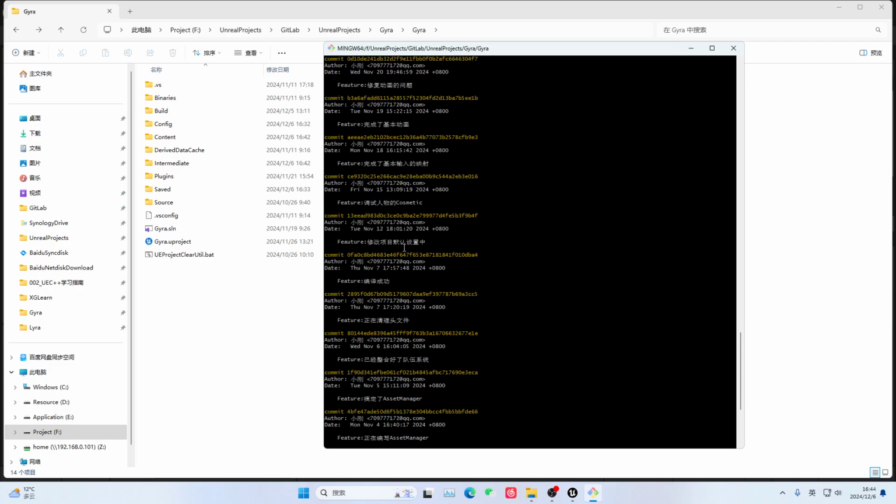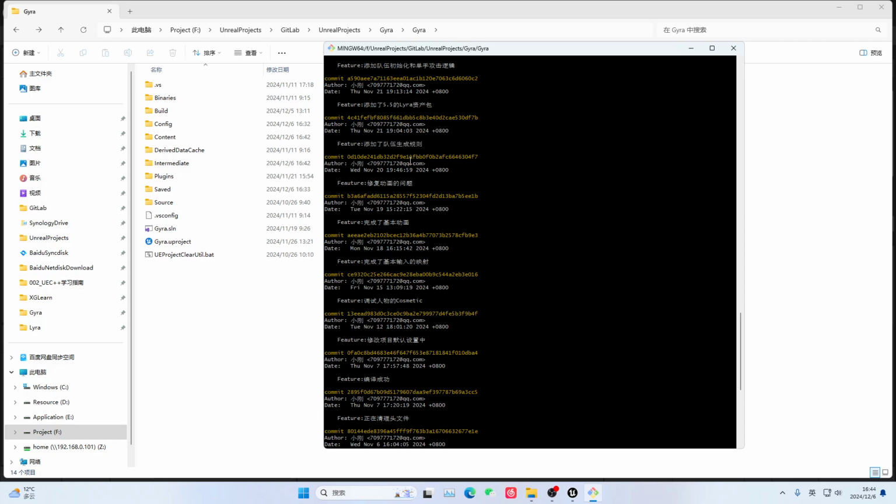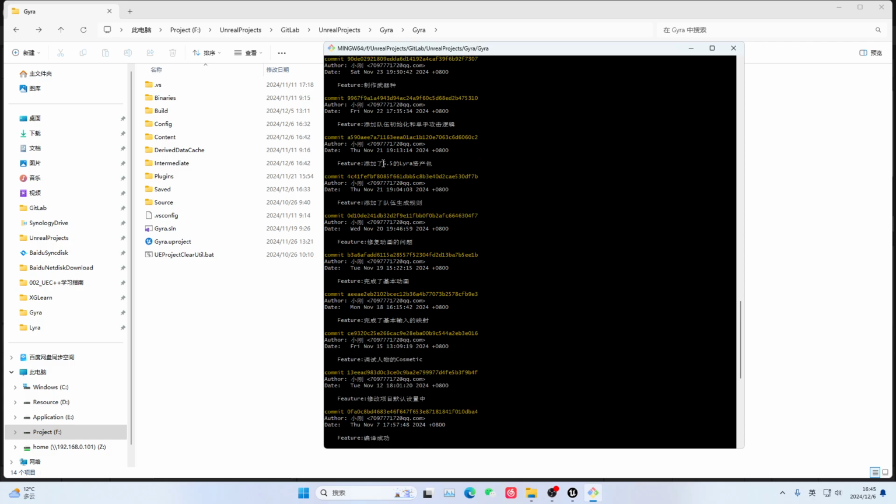Then, after running through all the underlying layers of these projects, we went to the editor to add these input mappings. Then we initially made an animation. After the animation was completed, we also imported some of the team's rules into it. Then all these things were done and it's possible to embed them. We started importing Lyra's blueprint asset package.